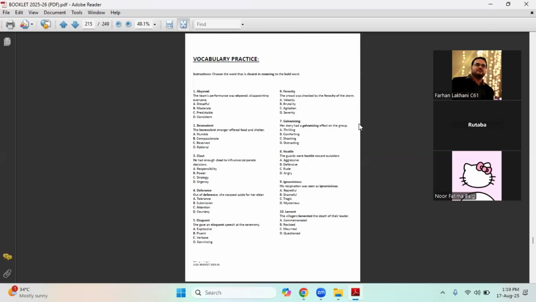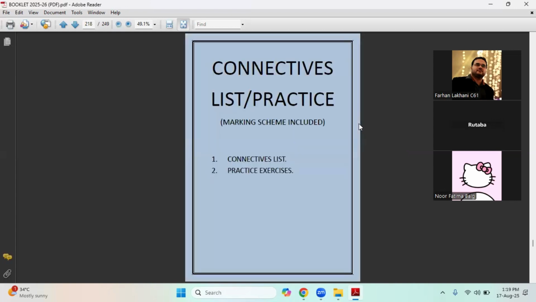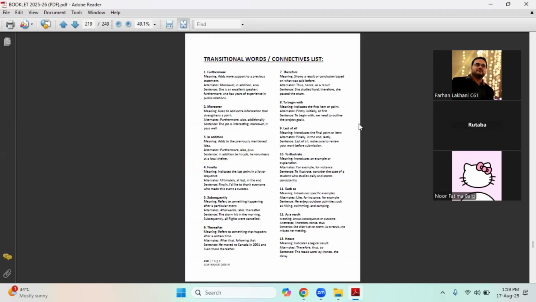You will see on the screen, I'm scrolling down. आप भी अपना scroll down कर सकते हो and you can see on the screen as well. So you can practice vocabulary. Once you are done with going through the vocabulary list, आप उसको देख सकते हो कि where you are standing. There are some vocabulary practice questions. All right. Then use of connectives. List of connectives